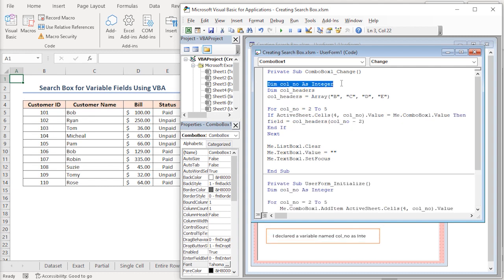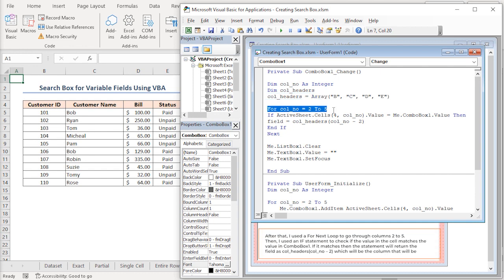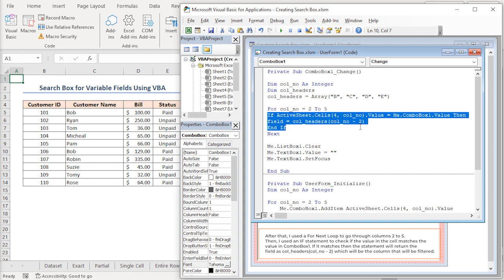I declared a variable named colNum as integer. After that I declared another variable named colHeaders. Next I used the Array function to assign an array as colHeaders. After that I used a For Next loop to go through columns 2 to 5. Then I used an If statement to check if the value in the cell matches the value in ComboBox1. If it matches, then the statement will return the field as colHeaders(colNum - 2), which will be the column that